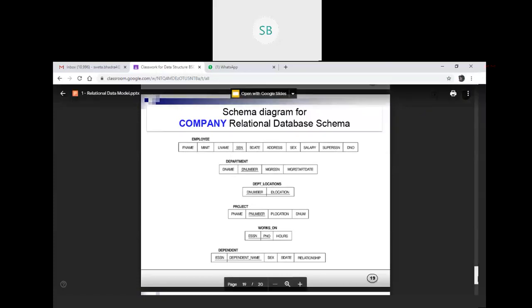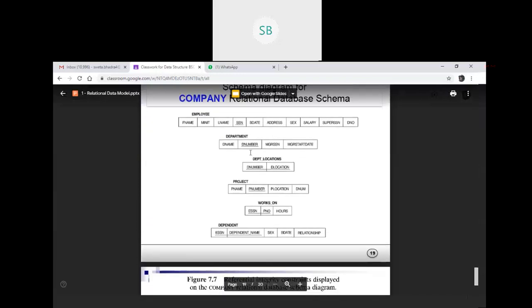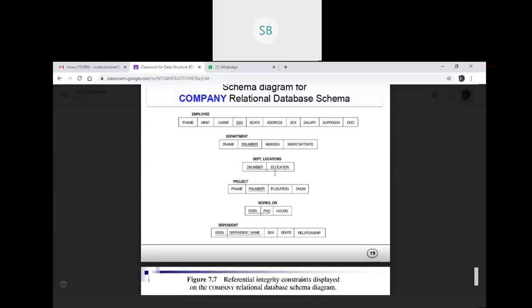Okay. Next, the name of the relation is written above. Here we have seen the primary key attribute is underlined. Okay, you have seen that the primary key is always underlined. In department location, this combination forms a primary key. That means this department location is a weak entity. It by itself does not have a primary key. It needs to combine two attributes to have a primary key. That is why it is known as a weak entity, not relation, weak entity.